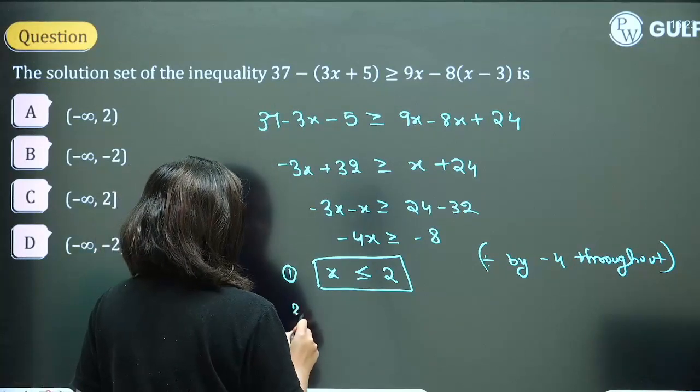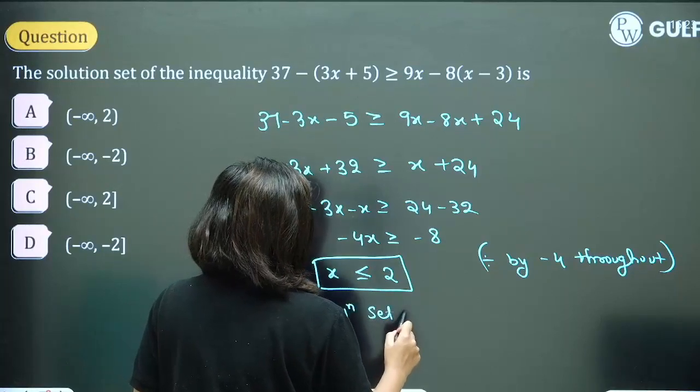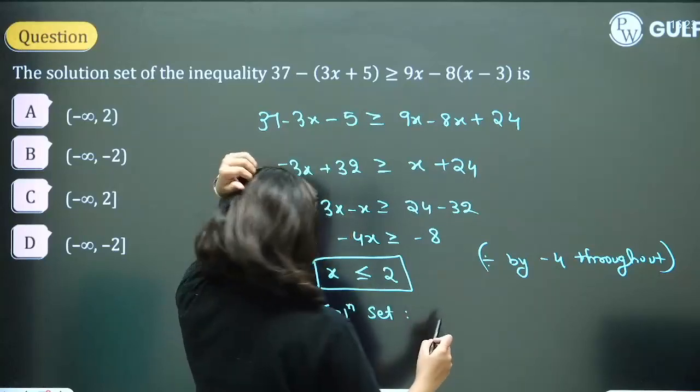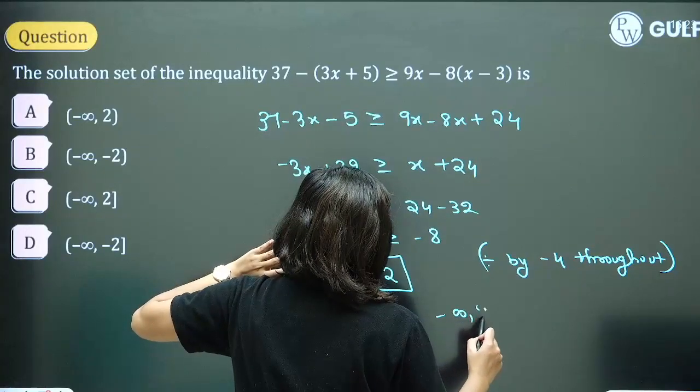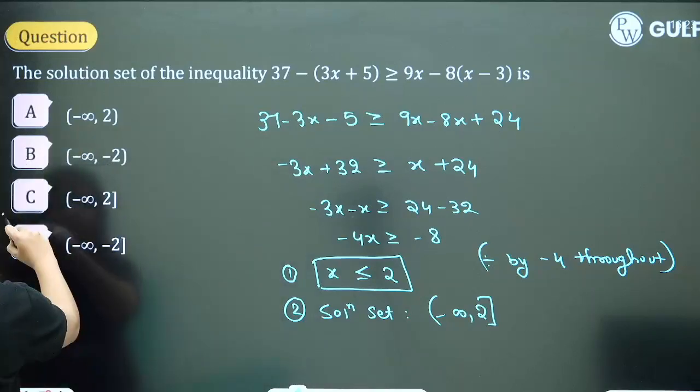That's one way of writing. Second is the interval notation. The solution set will be x less than or equal to 2, and it's a real number. Nothing mentioned means x is a real number. So minus infinity to 2. Minus infinity to 2